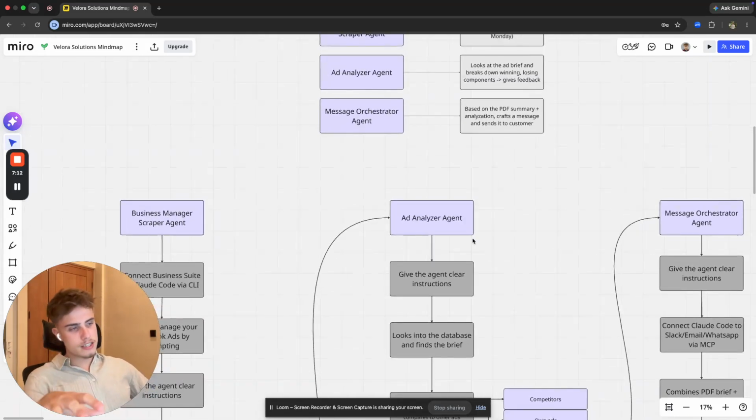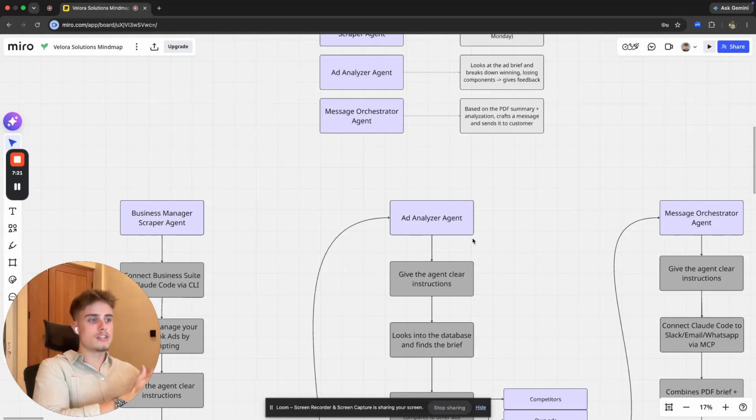Okay, break it down like this. This is a winning ad. This is a losing ad. This is why it's winning. This is why it's not winning. And based on that, analyze my ads in the future. Okay, and then again, the output. This should be the output that you're giving me. So make it as in-depth and as clear as possible, because then the agent is going to give you super,